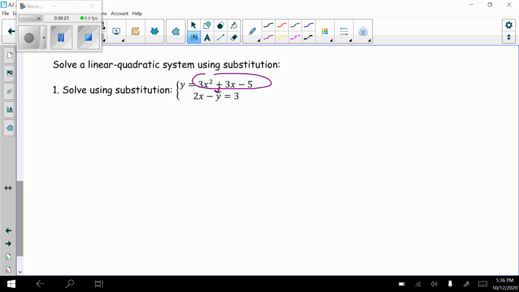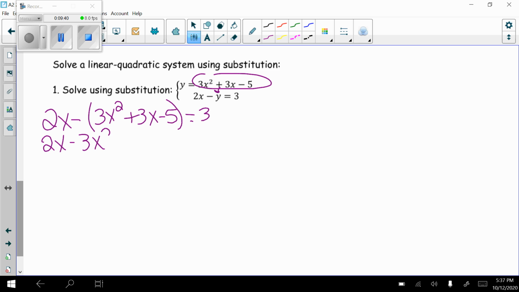So I'm going to rewrite the bottom equation, 2x minus, I'm going to put parentheses. In place of y, I'm going to plug in 3x squared plus 3x minus 5, and then continue writing this equation equals 3. I'm going to distribute my negative, so I get 2x minus 3x squared minus 3x plus 5